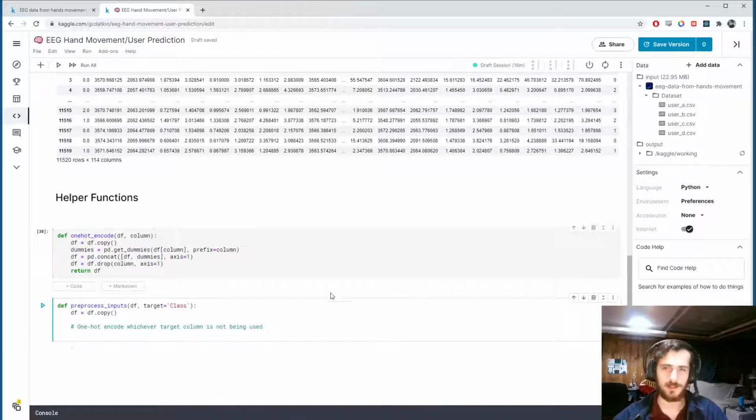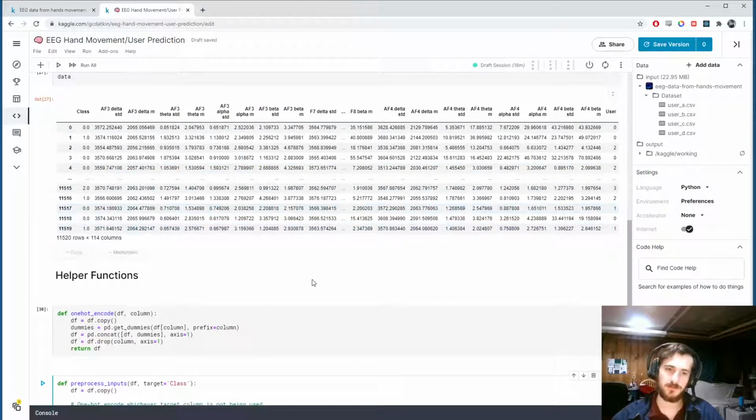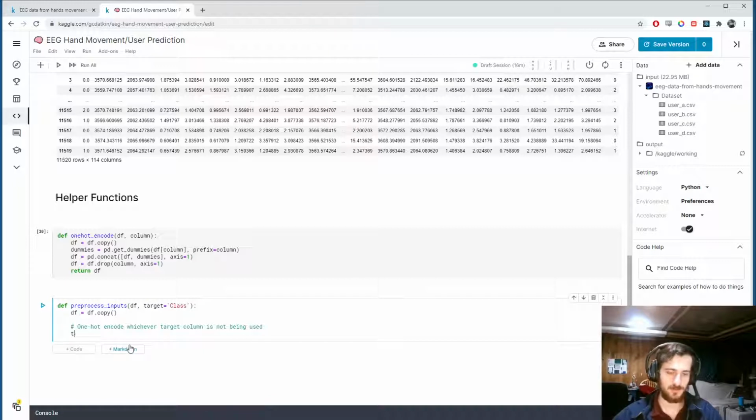There's a few ways we could go about doing this. I want to reference the column that is not the specified target. So why don't we create a list called targets that will contain class and user. Then all we have to do is drop the actual target column. So targets.remove(target), which is specified up here. Then the only thing remaining in the list will be the one that is not the target column. And so we can then call one-hot encode, our function, on the data frame, and the column will be targets sub